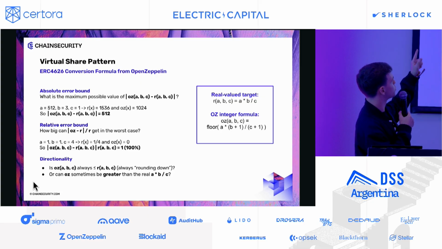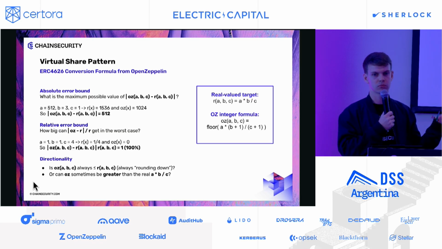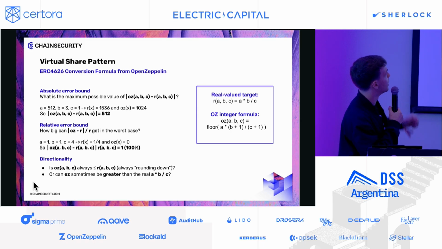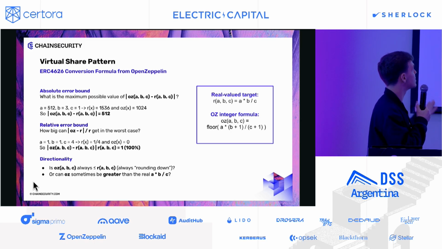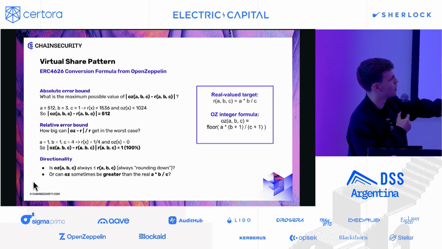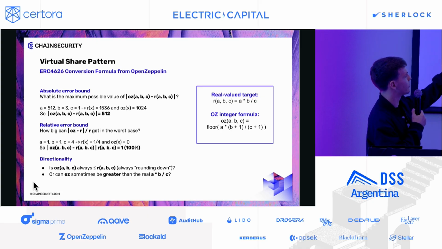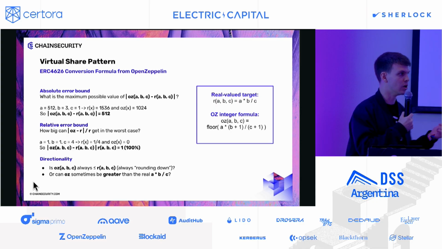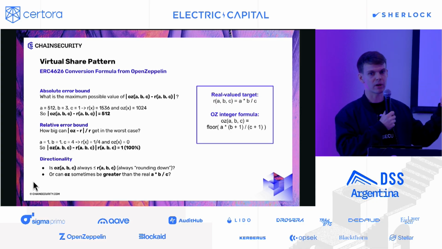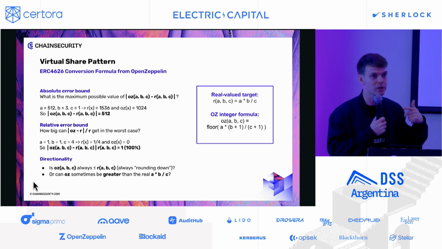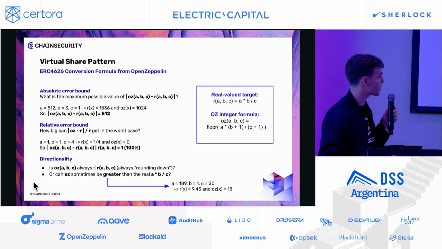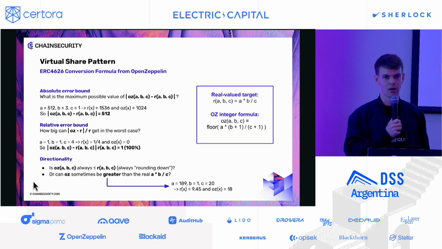Another question is, those two, we actually round down, right? Because we divide, so we round down. This is what you initially think. And the question is, are we correct? Like the real value was 1,500, and we go to just 1,000. This one was supposed to be 1/4. We go to 0, so we round down. But is it always the case? Can we go higher? We have a division where we round down, but we do have some +1s. So can we go higher than the real value?